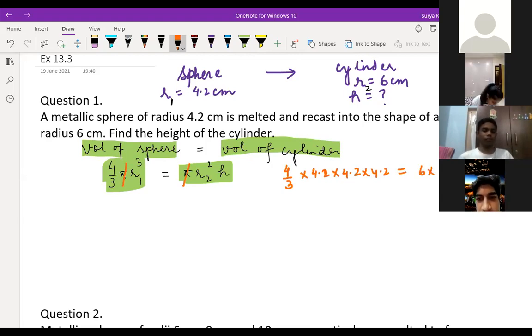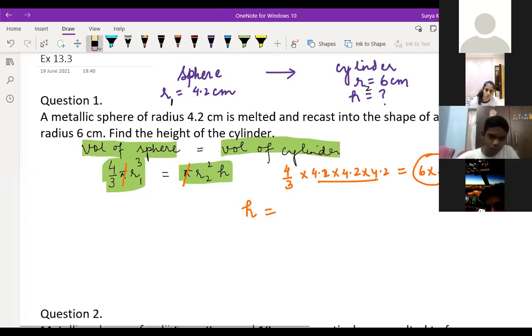That is 6 into 6 into h. So simply what you should do, you send this 6 and 6 down here. No need for multiplication. Never multiply, children, otherwise it becomes complicated. Never multiply in the exam. Simply send it here and there. If you do multiplication, then it's gone.